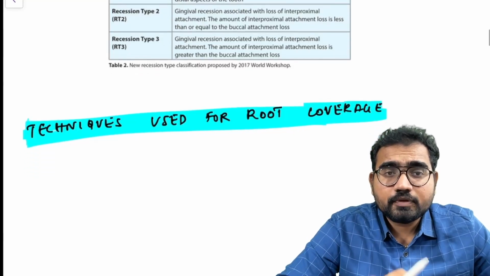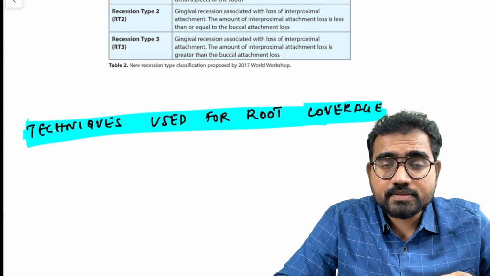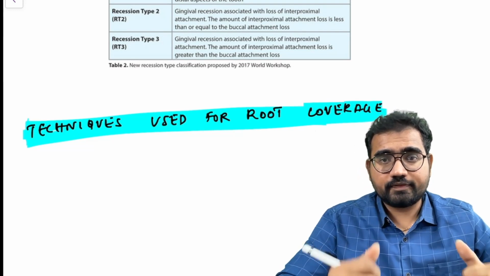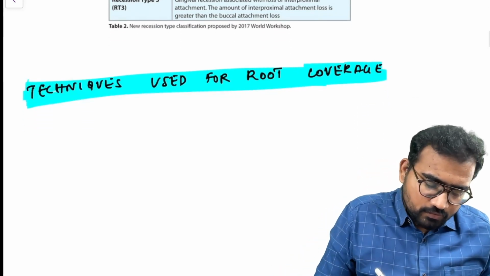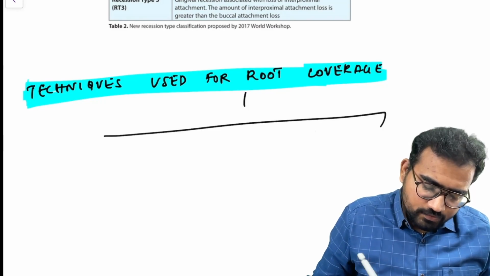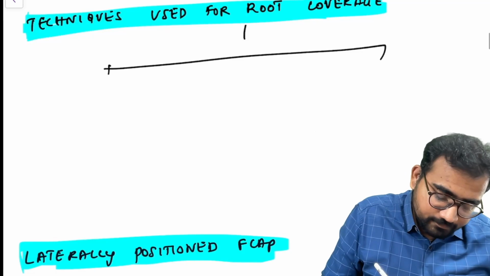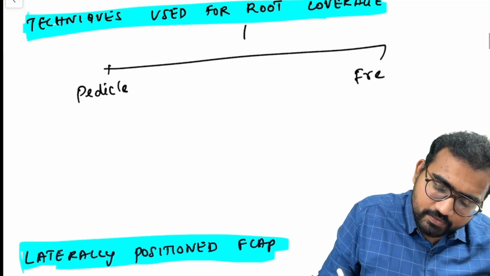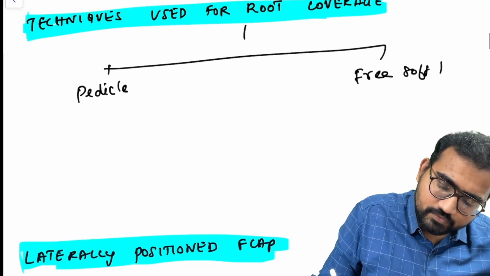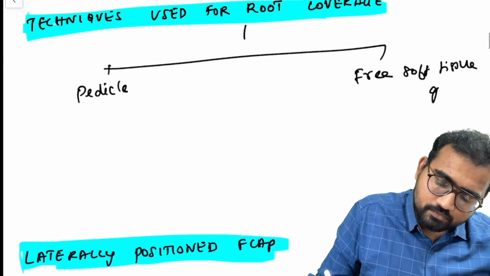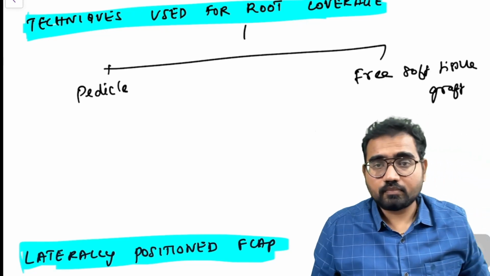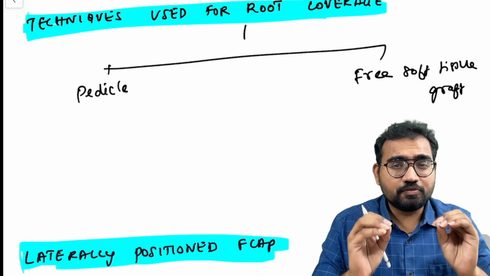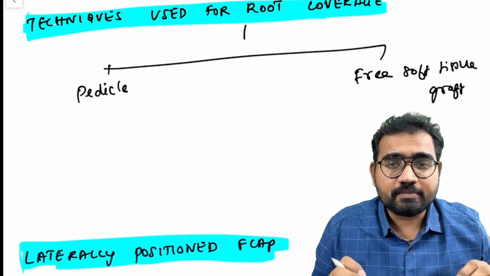Now, coming to what are the techniques to increase the denuded root surfaces? Techniques used for root coverage procedures. Fine. So, there are two ways. One is pedicle graft, another one is free soft tissue graft. By this time, it should be very clear that pedicle, a tube or a stem of tissue, remains attached to